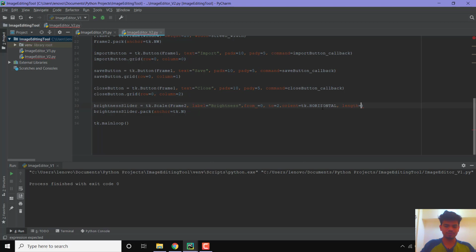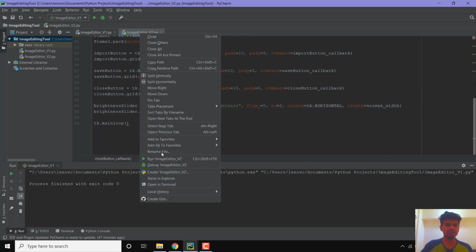Length will be equal to screen width. Let us run this code,